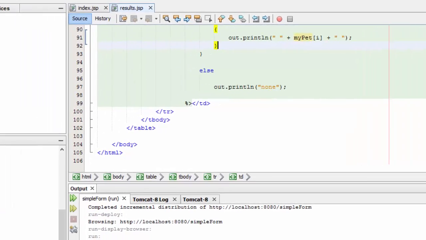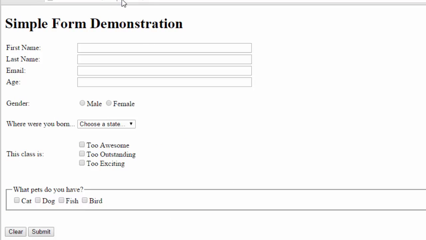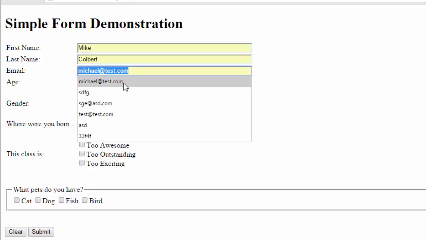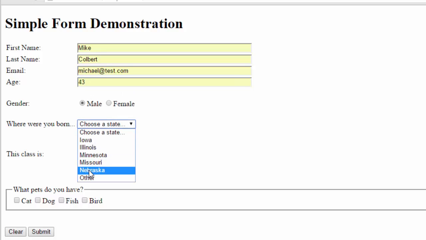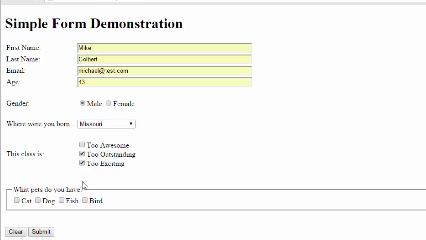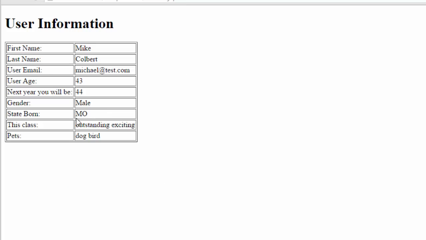So let's test this. And everything appears to be working correctly. So I would want to do quite a bit more testing to make sure everything is actually coming across and is handling errors correctly, that the required fields are marked as required,